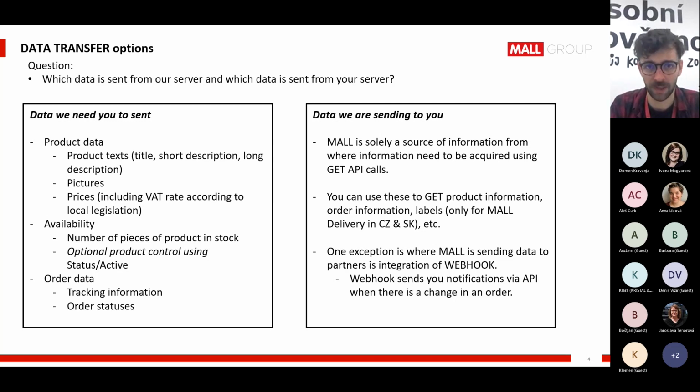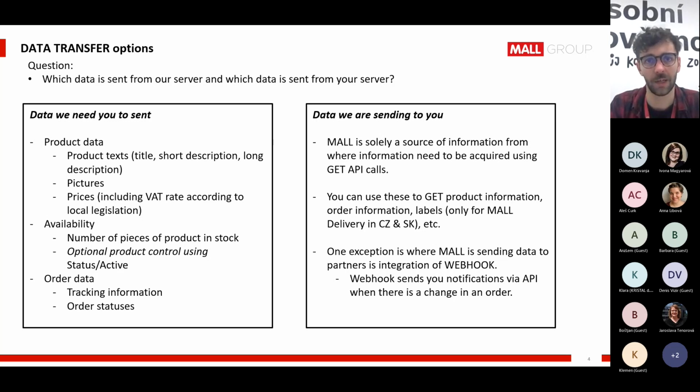When we are not talking about product data, we need you also to send us availability. So in Mall or all mutations of our shop in other countries, we need you to send us the exact number of pieces of product in stock that you have that are available for you to ship if a customer orders it. You can also work with the stock in a way that you can, for example, lower it if